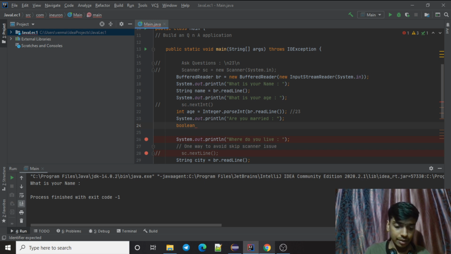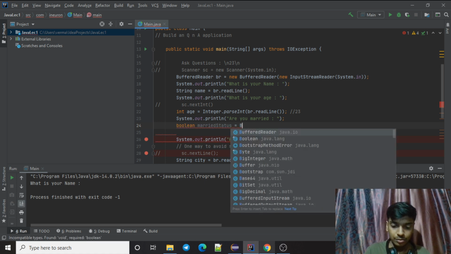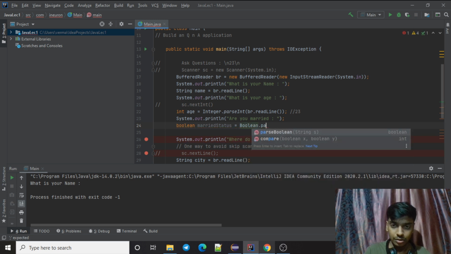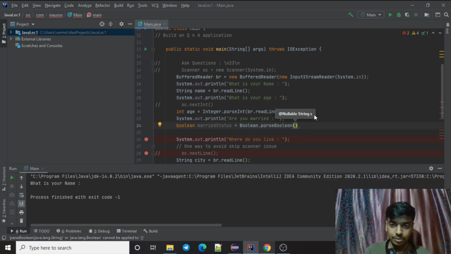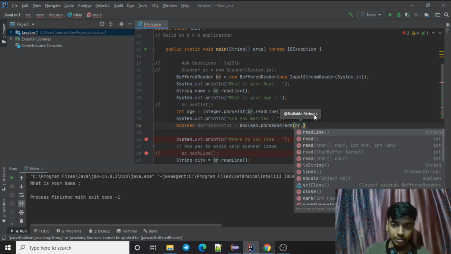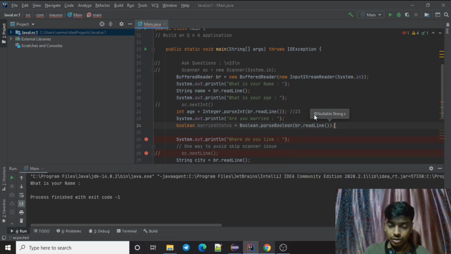Let's see if we can do that. marriedStatus equals Boolean.parseBoolean. Okay, so there is this Boolean.parseBoolean, br.readLine. Let's see if that works.